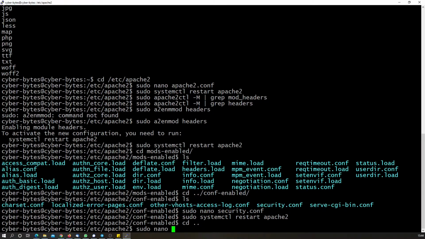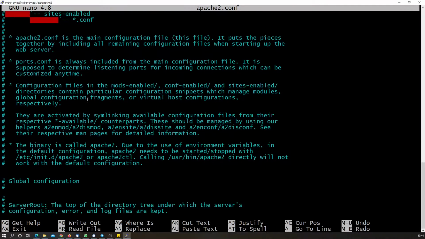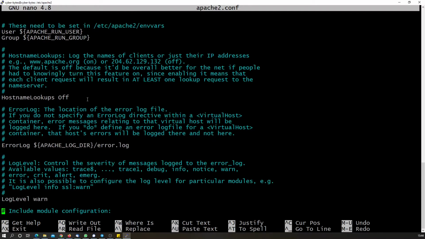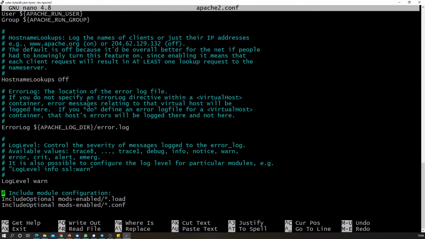Have a look at the Apache configuration file, and then we will talk. Let us have a look at the logging levels that have been set up by default. The LogLevel is by default set to warn. There are log levels from trace8 to trace1, and then debug, info, notice, warn, error, crit, alert, emerg. Now the more you move towards the higher trace number side, the more verbose your logs will be.